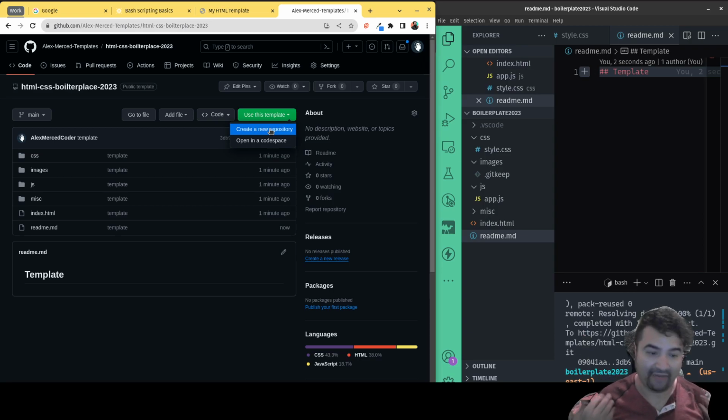Okay, so that way I can always have a consistent starting place and save all that setup time from having to set up every single time, because I can just create a new copy of that template. Okay, so hopefully you guys find this useful in creating a nice quick boilerplate for yourself in 2023 using some